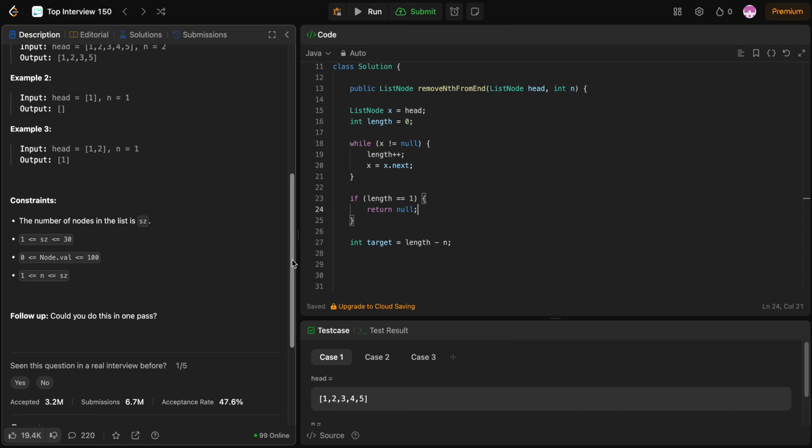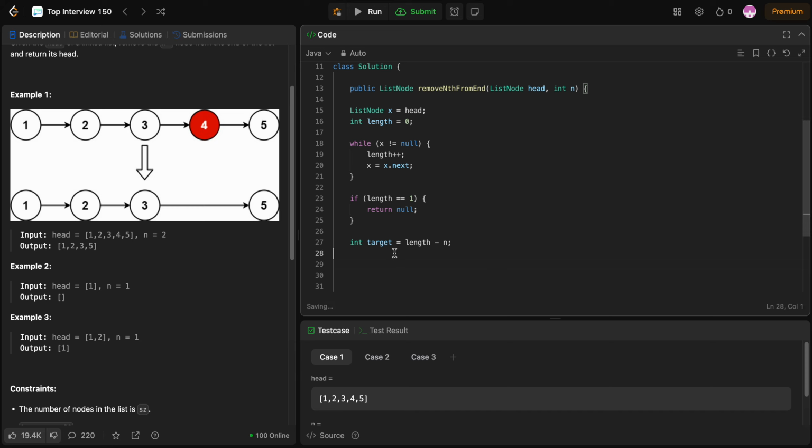Okay, this here tells us that n is always going to be a node inside the list. It's not going to be bigger than the list itself, so we don't have to worry about that. But okay, int target equals